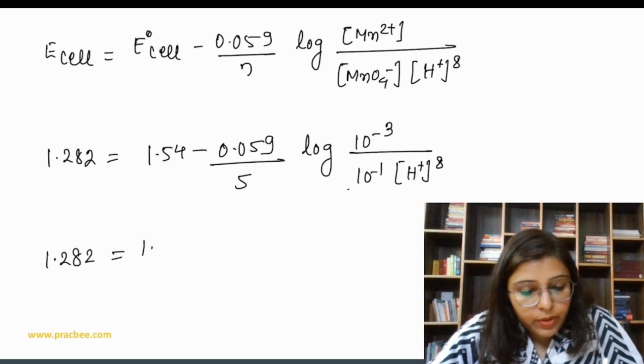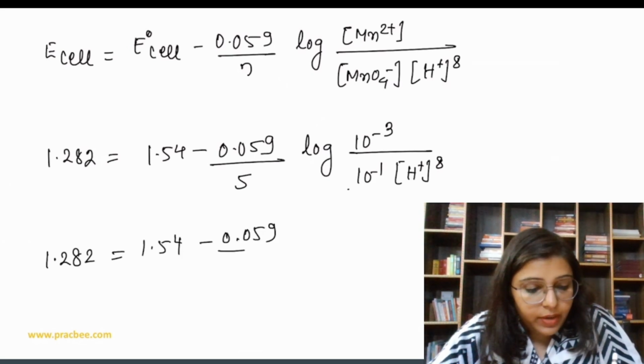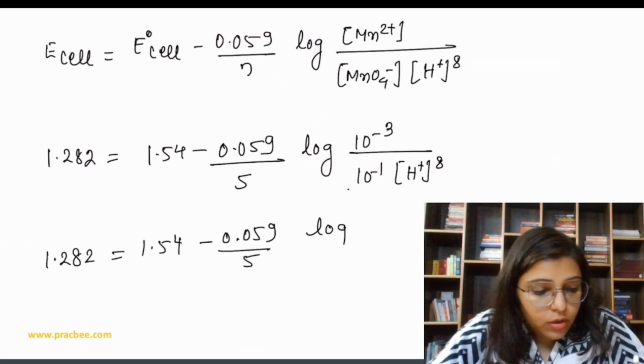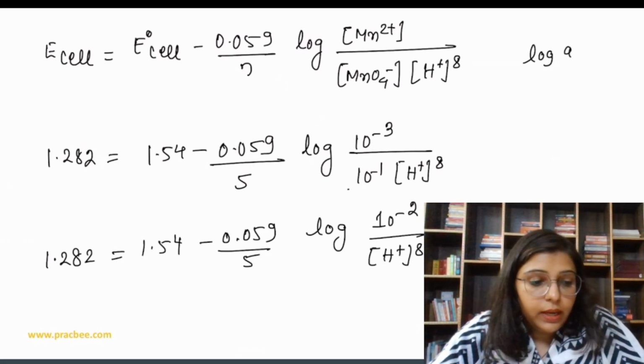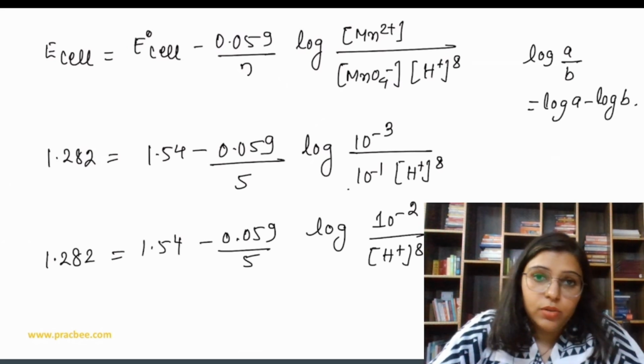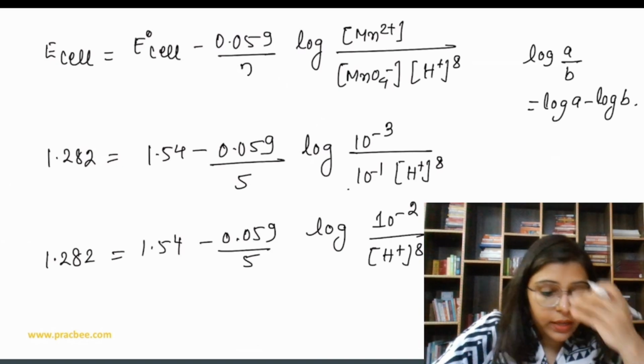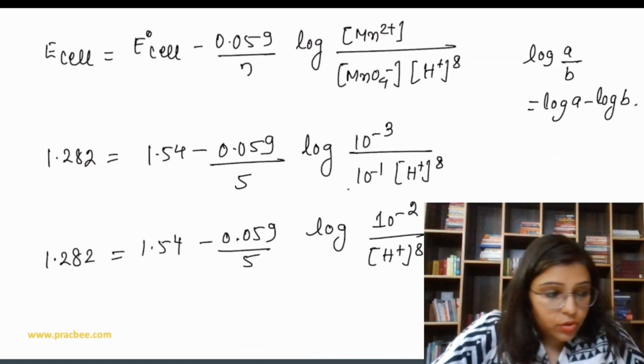1.282 is equal to 1.54 minus 0.059 upon 5, which is log 10 to the power minus 2 divided by H plus 8. We know that log A divided by B is equal to log A minus log B. Okay, so let's expand it and just solve it. So we get